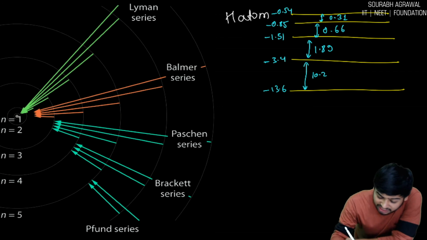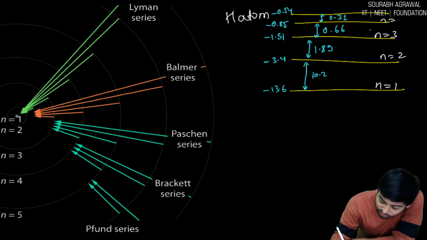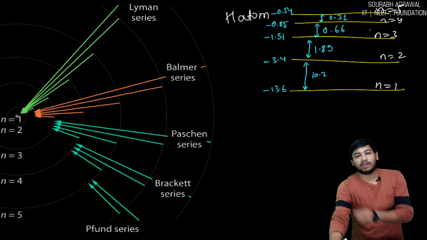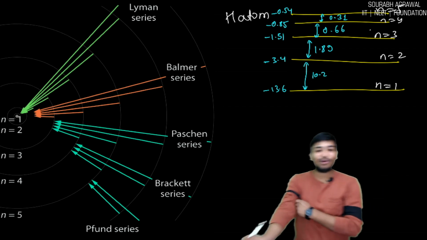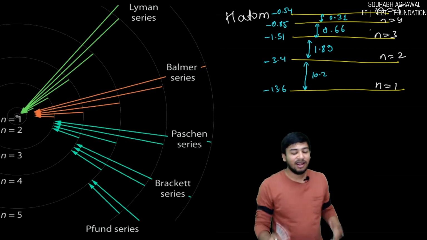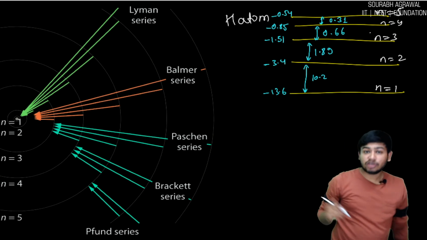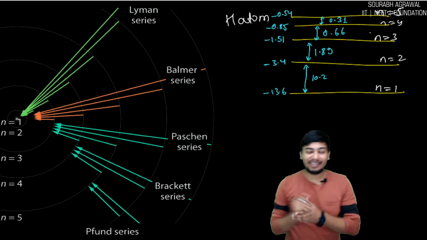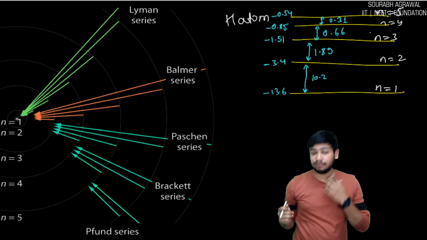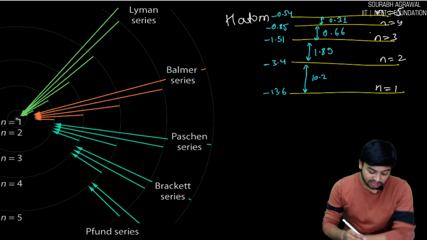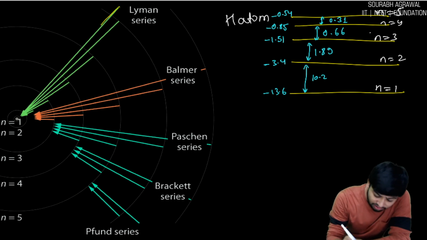This is first state, n equal to 1, n equal to 2, n equal to 3, n equal to 4, n equal to 5. So much energy is required here, more than the live class, more than the face-to-face class. Here energy is required. So just 2 minutes. Chalo. Okay, so let's see. Mic is there. Hello. Okay, so what I'm saying is, any wavelength, any radiation that is coming when any electron